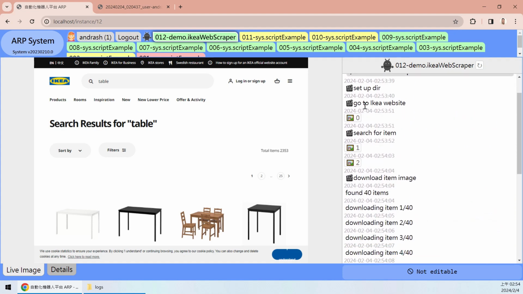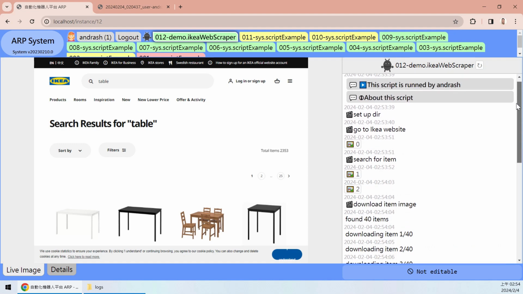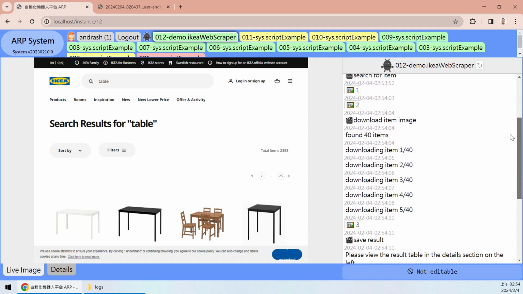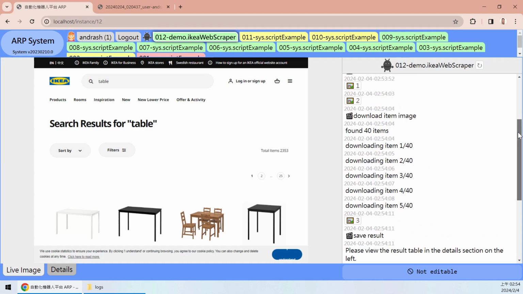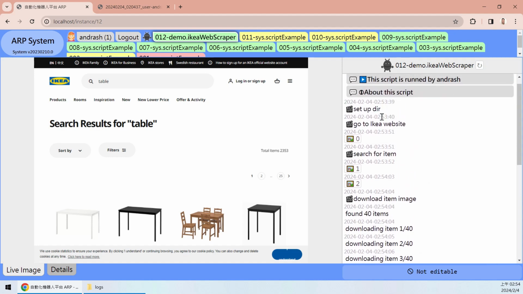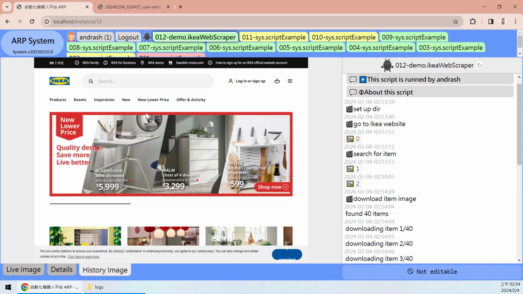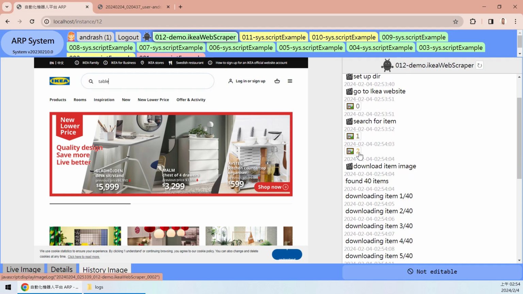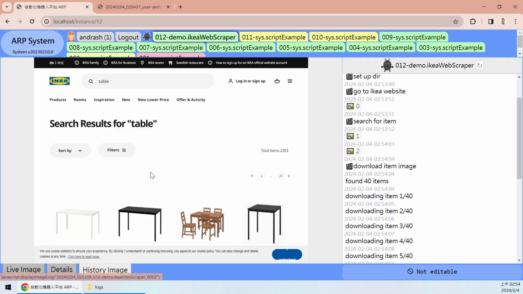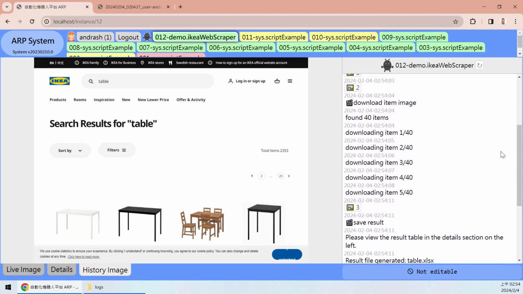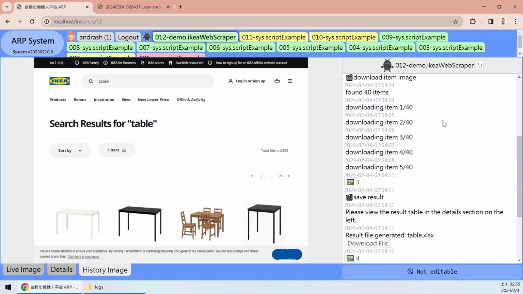Okay, so as you can see, it does many things as I introduce this bot. You can see it go to the IKEA website, and we can click here and it shows the history image, and here search item. Okay, and then it found tables. So it only scrapes the first 5 items, although there are 40, but we only scrape the first